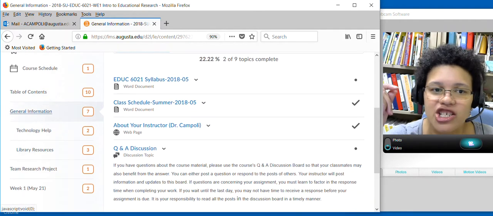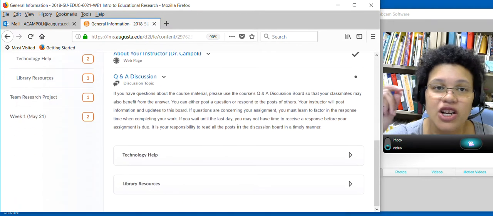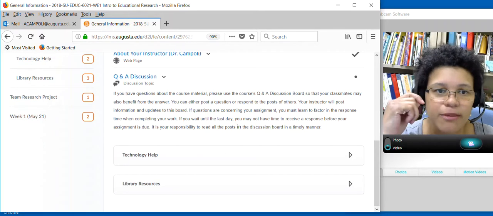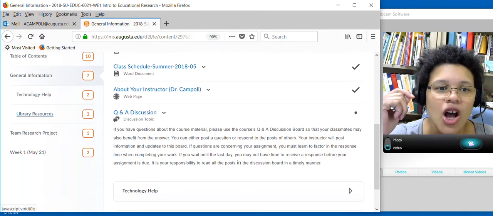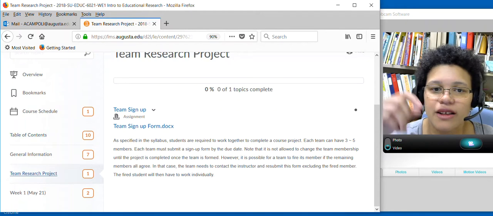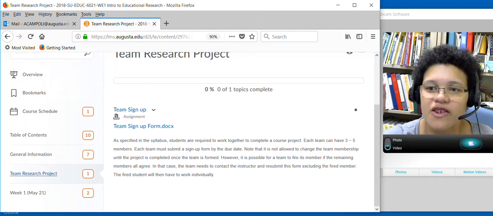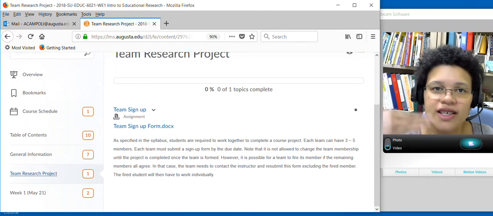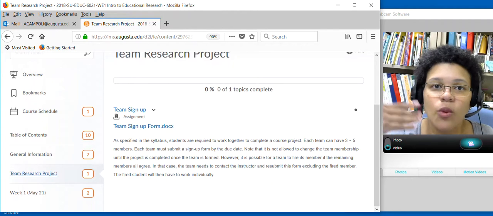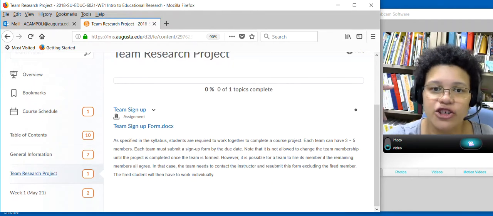Now, so that's the general information, right? The syllabus, the schedule, information about your instructor, and there's a link to our question and answer discussion topic. Okay, next thing, there's a folder for the team research project, and you're going to see this grow over the course of the semester as we get closer to different team assignments that are due.